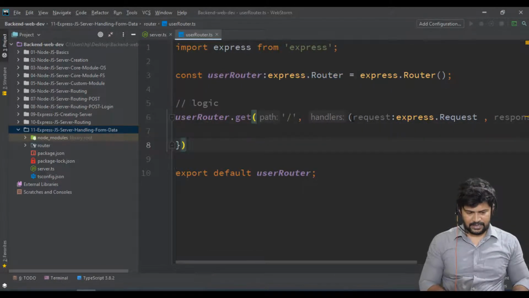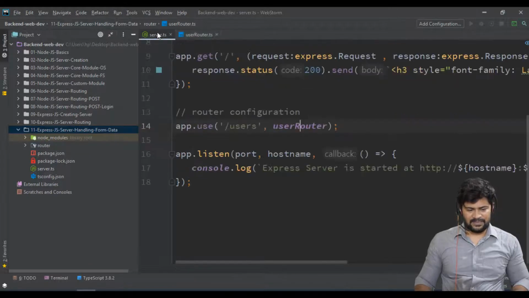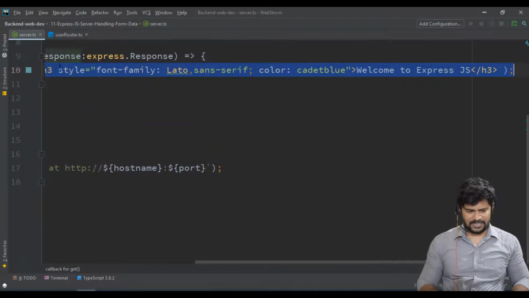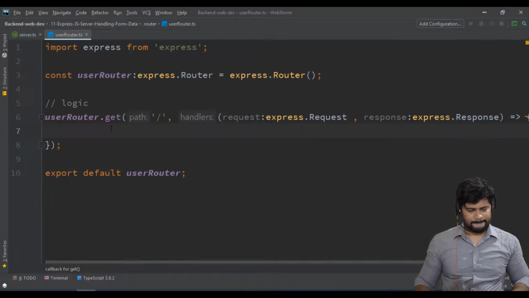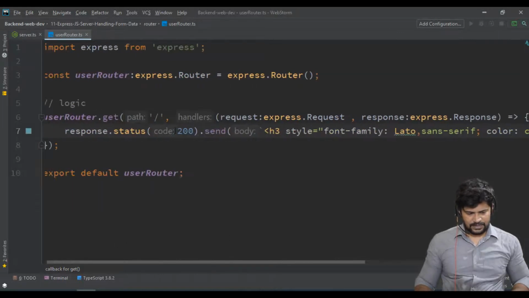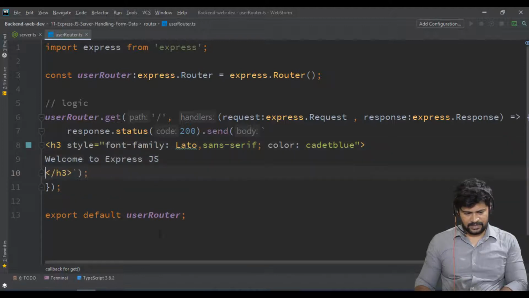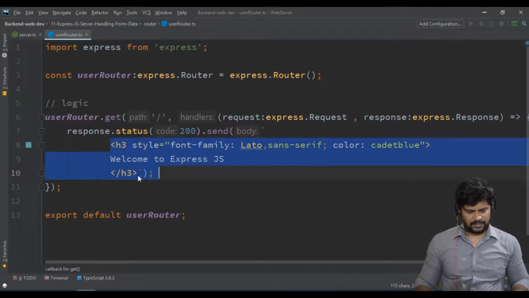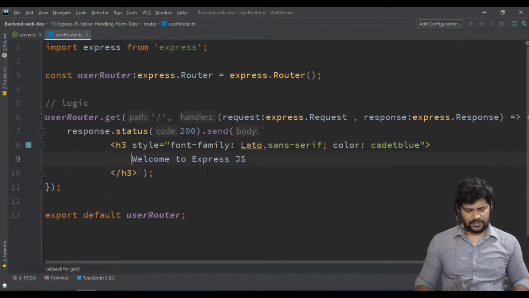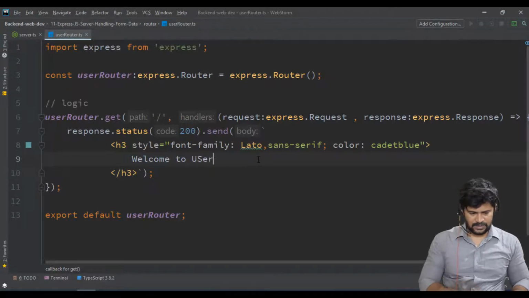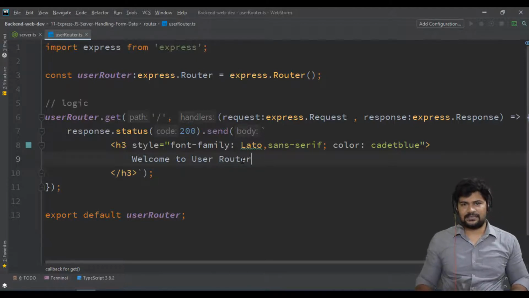Here you write the logic. I'll just make a regular HTML response. Copy, paste it. Here I make it say just user. This is just a test path to verify whether the user router is working or not.